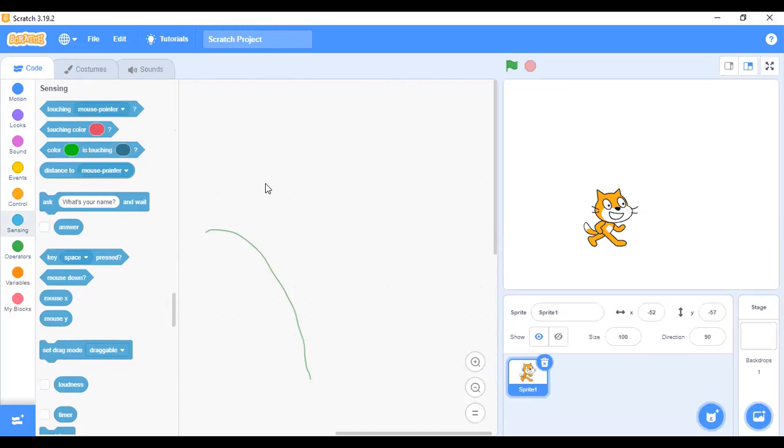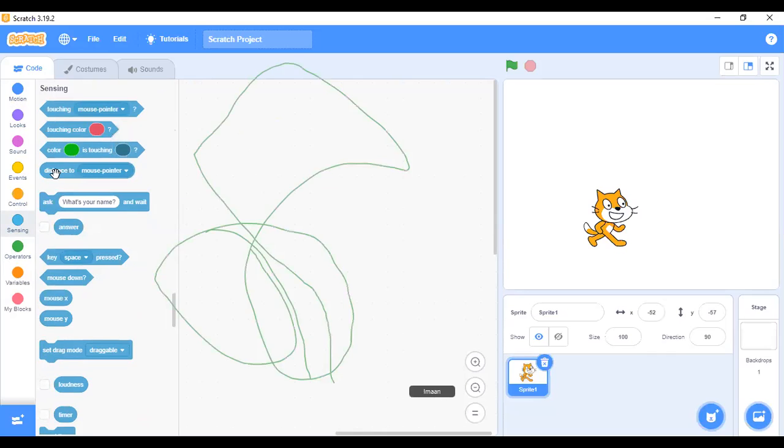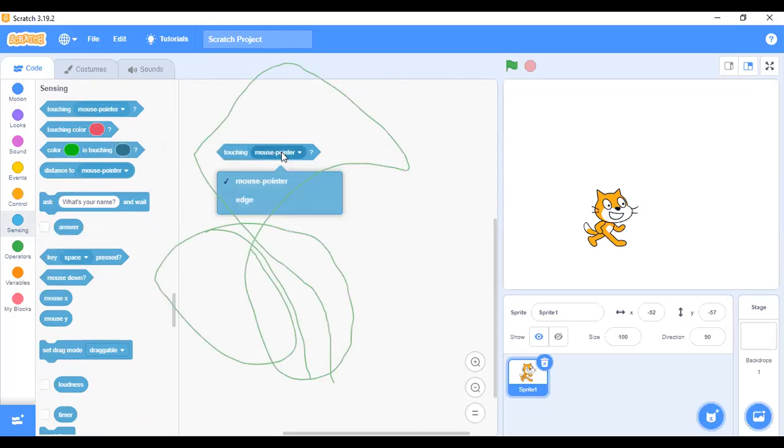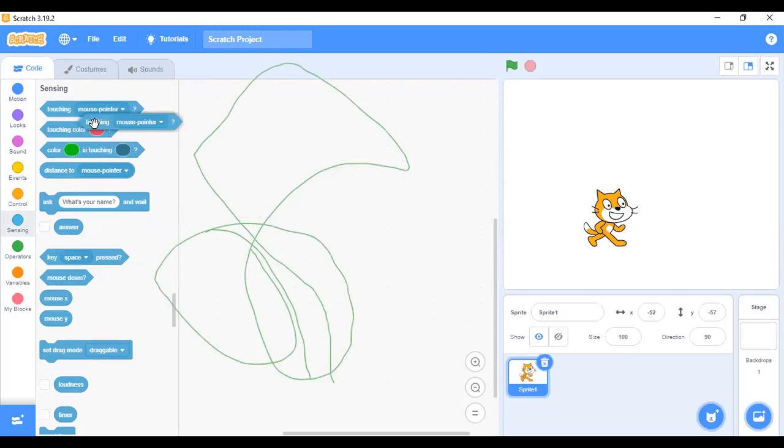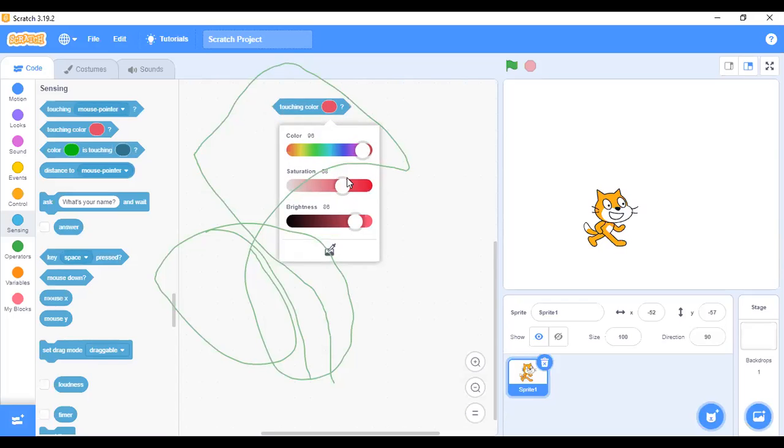I've quickly shown you how you can use when space key is pressed, and touching mouse pointer or touching the edge. Let me show you another one. Look at this touching color so that you understand better. This touching color, if you click on this color, you have this.